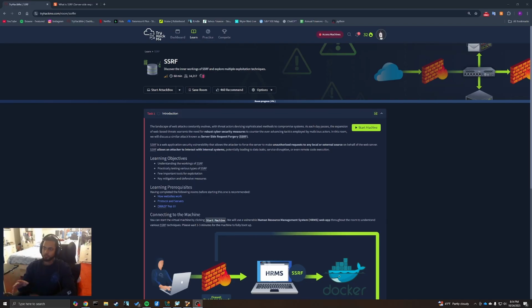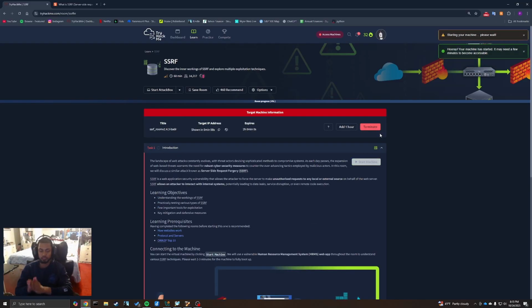So, I wanted to discuss server side request forgery today. In my previous day 30 room, I attempted to do a hard level room called Extract, and one of the main concepts that we had to go over in this room to be able to retrieve the first flag was server side request forgery. Being that this is such a fundamental concept, and I feel like it's a very powerful mode of entry, I think it'd be a great idea if we went over server side request forgery together so we both can understand